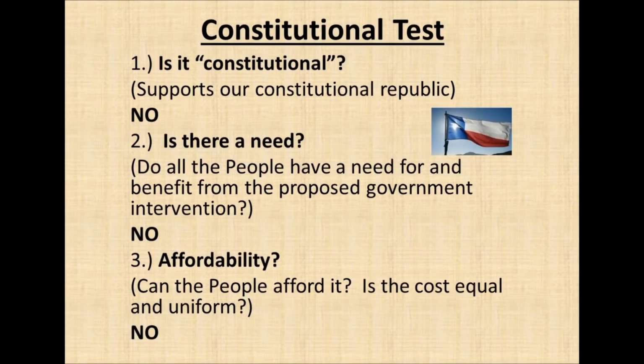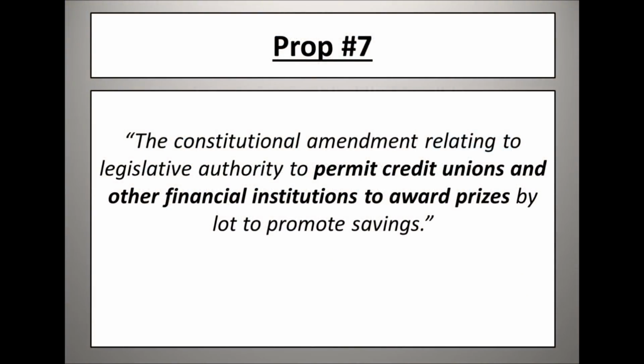Now let's move on to the final one, Proposition number 7, the constitutional amendment relating to legislative authority to permit credit unions and other financial institutions to award prizes by lot to promote savings. As I mentioned in reviewing Prop 5 earlier, the Texas Constitution requires the legislature to prohibit lotteries and gift enterprises in the state with certain exceptions, those being the state lottery, charitable bingo games, and charitable raffles conducted by various nonprofit or religious organizations. The enabling legislation behind Prop 7 passed the legislature 2 years ago, but it was vetoed